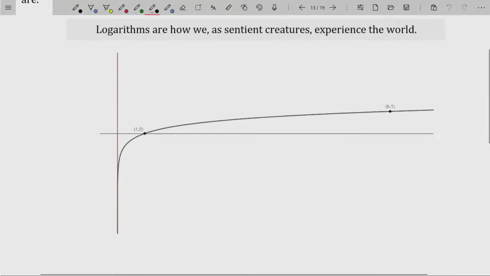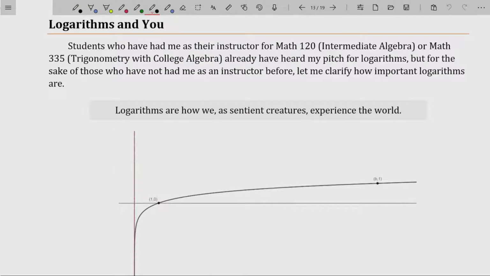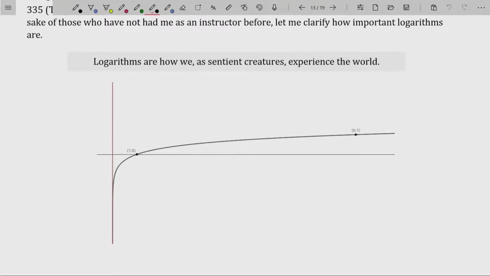This is just the base graph of a logarithm right here. So how does that mimic how we experience the world? It's just a curve. It doesn't seem like it should mimic it at all. But it turns out that our perception of light, sound, temperature, pressure, emotions, reactions, habits, and pretty much everything else we experience is logarithmic in nature. So let's see how this graph showcases our human nature.